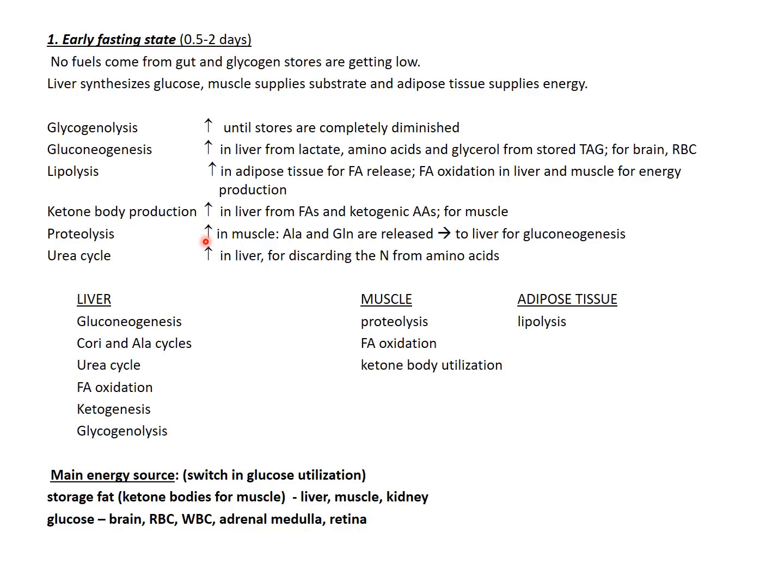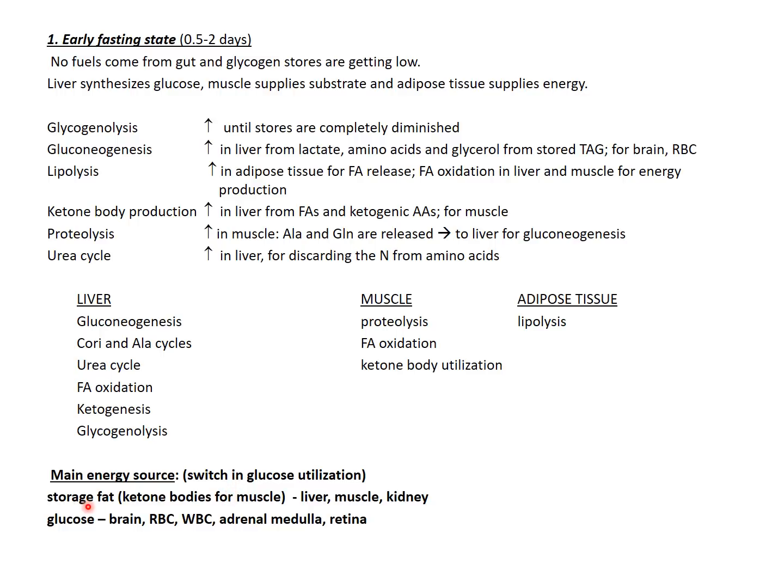Proteolysis is going on in the muscle to produce amino acids, to supply amino acids for gluconeogenesis, and because amino acids are coming to the liver, urea cycle will be upregulated there. So these are the pathways that I talked about going on, and I would like to also start to introduce